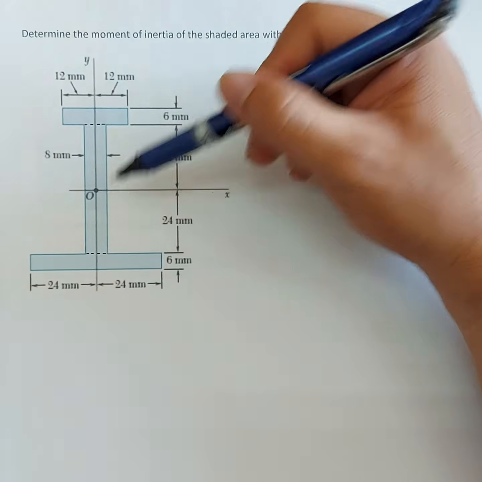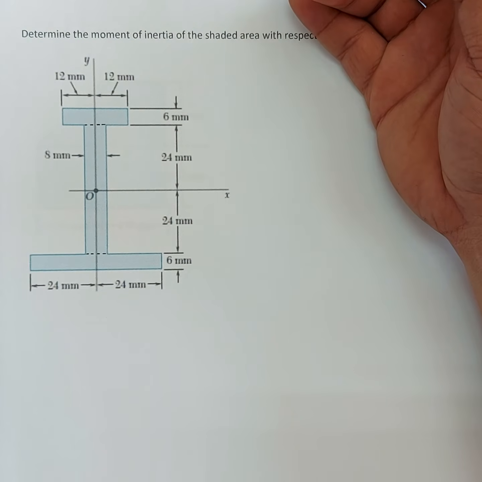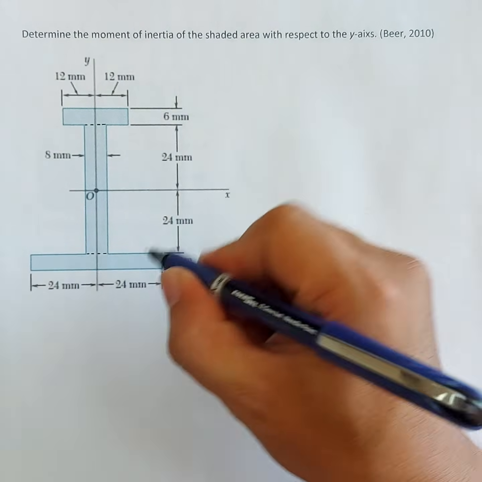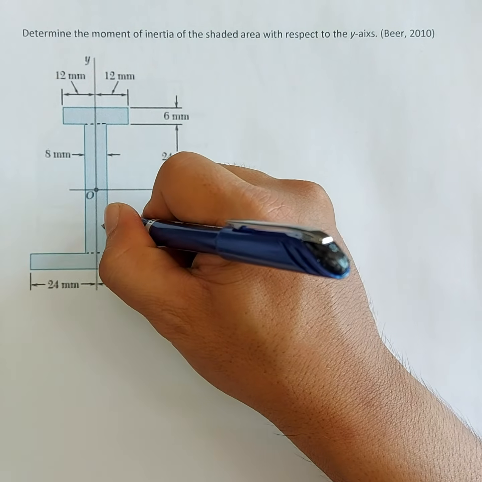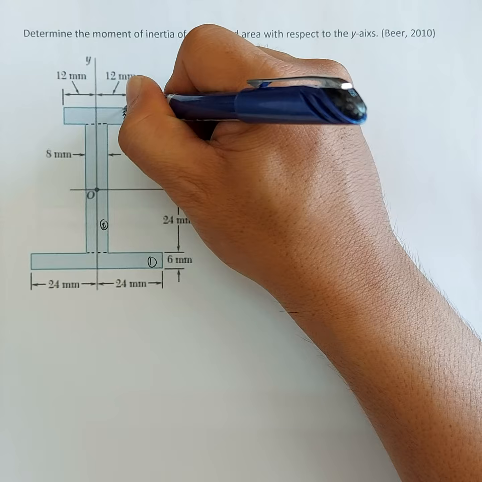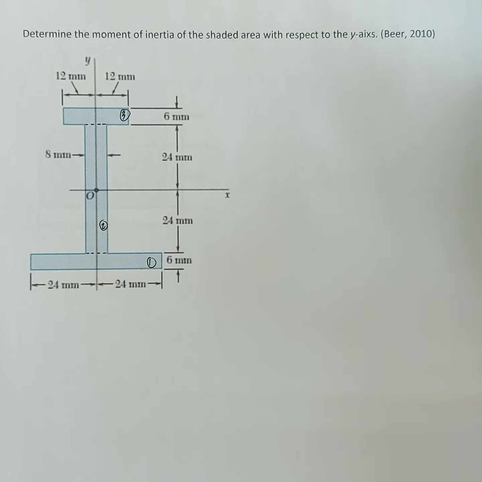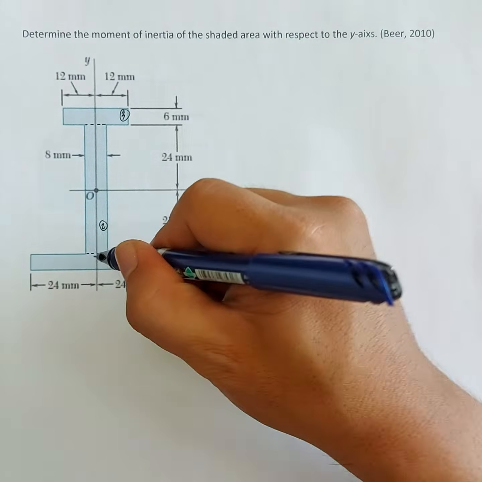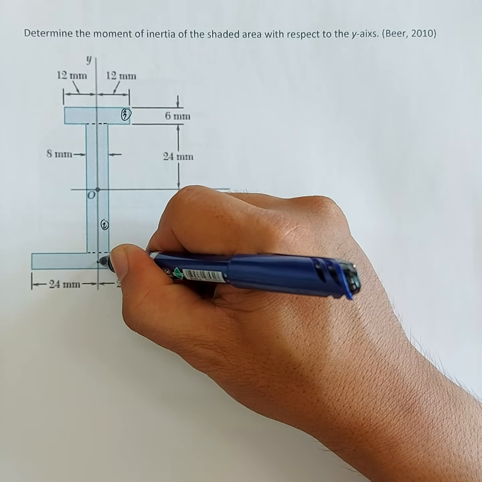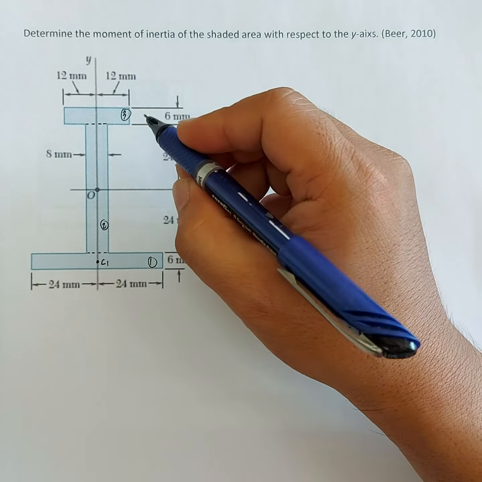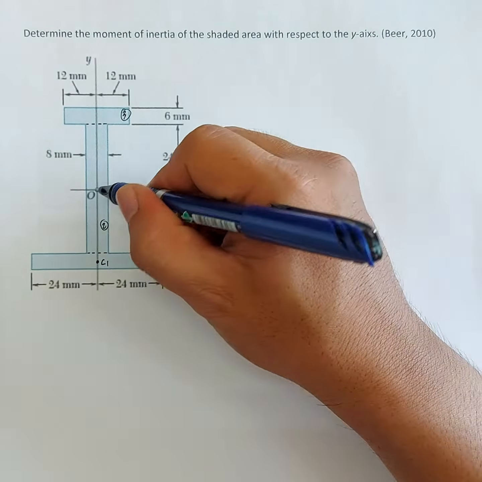So we have 3 rectangles here. And let's say this is area 1, area 2, this is area 3. And then locate now the centroid of each area. So yung centroid natin for area 1, of course, nandito. Let's say C1. Area 2, nandito sa mismong